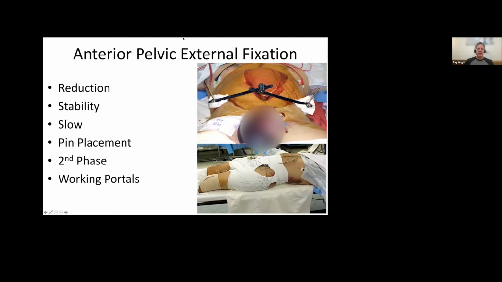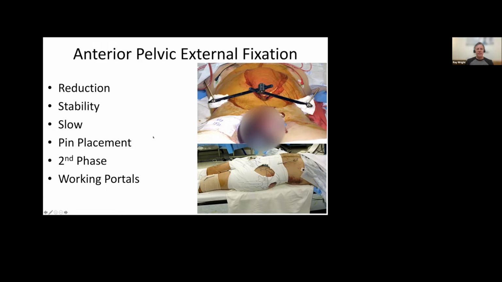You can also talk about external fixation as a resuscitative adjunct. This is great for reduction. It's good for especially anterior stability. It can be definitive or provisional. This is something you should place slowly. The pin placement requires considerable skill and understanding of radiographic parameters. This is not something that you throw on emergently in the emergency department. We used to get that request when I was a resident, and those were sort of the dark ages.